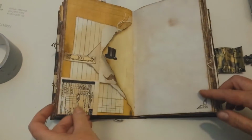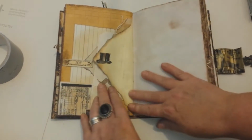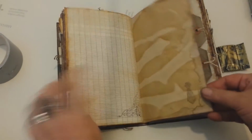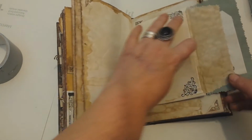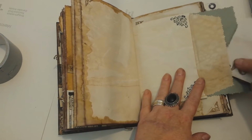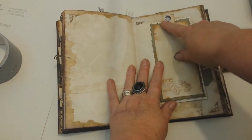Tim Holtz stamps, again tags and tuck spots. I just wrapped randomly. Here I have a hat, and I just add some sprinkle gel, some stamps, stenciling, and here envelope with some writing, and here pocket with tag. Again, this type of tag,